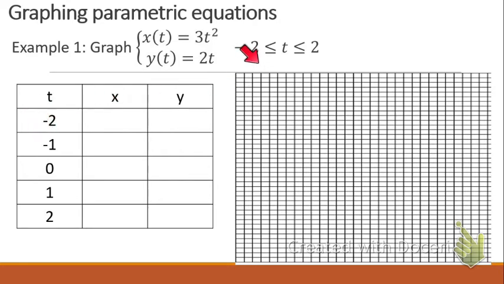And we're using the 5 numbers between -2 and +2. So from -2 to +2. So -2 to +2,